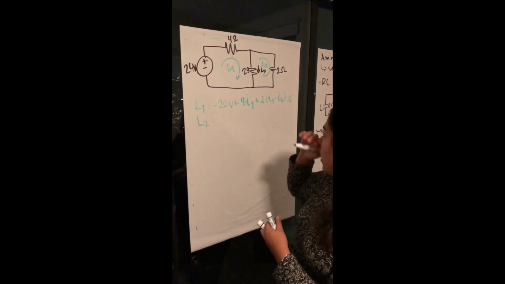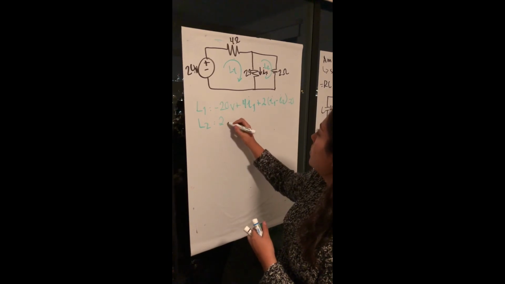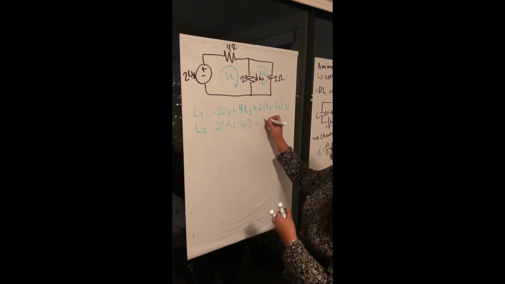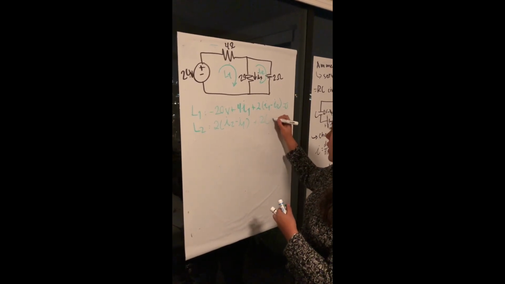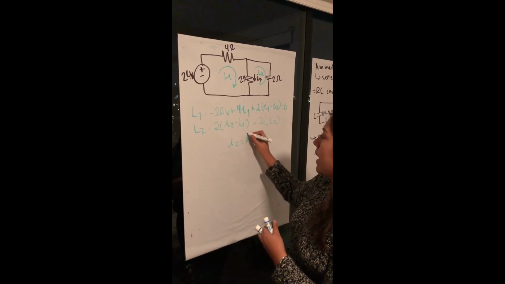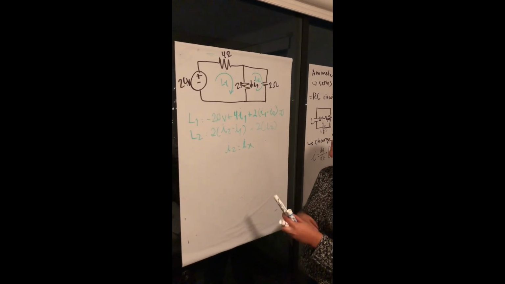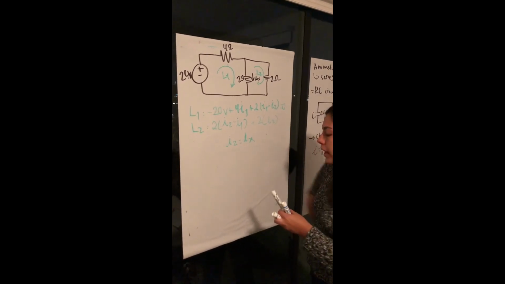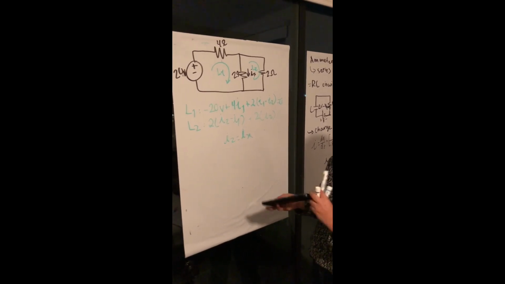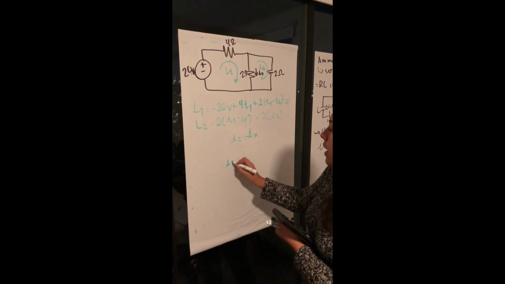And L2 would be 2 ohms times I2 minus I1, plus 2 ohms times I2, and we know that I2 is equal to Ix, so you're just going to get your calculator and solve them, and I'm gonna tell you this one goes the opposite way. So Ix is equal to,